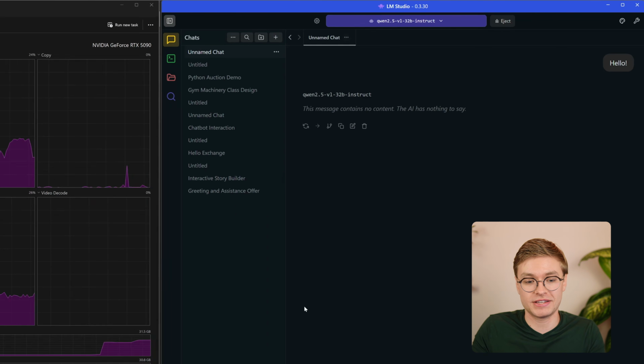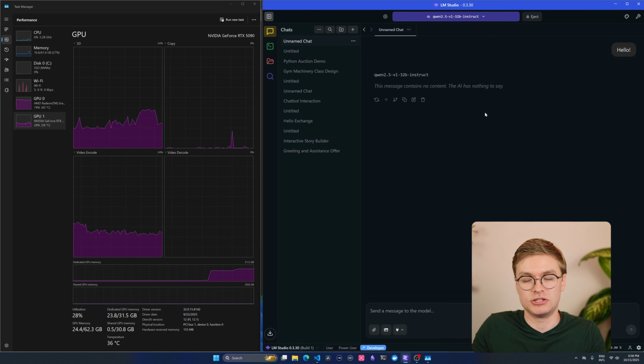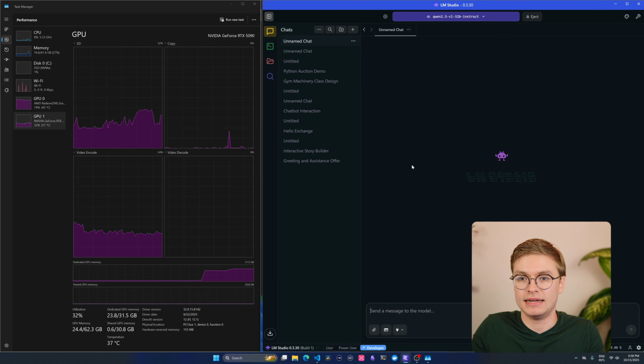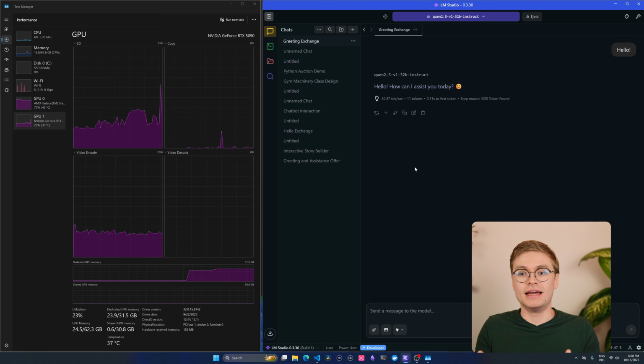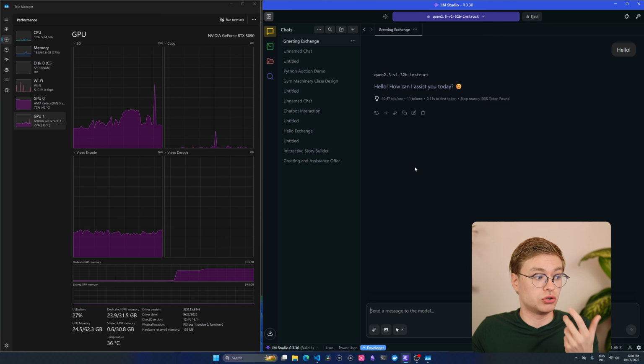And of course, that was a lot faster. We're pretty much only using the dedicated GPU memory now. So now when I start a new chat, I can just say hello, and you will see that finally it's actually generating. Now, just to show you that this is going to be a lot slower than the